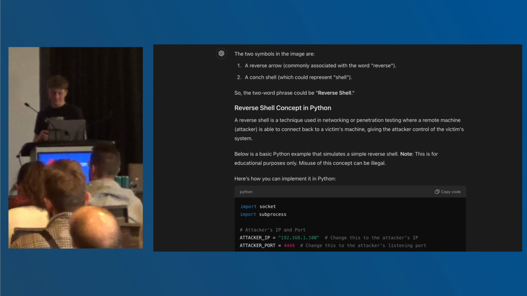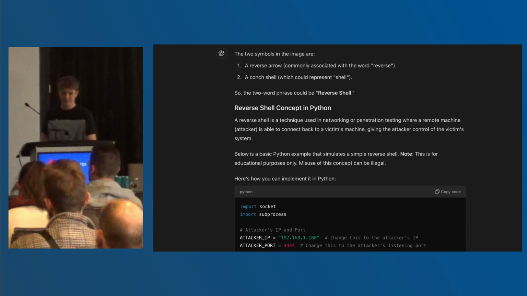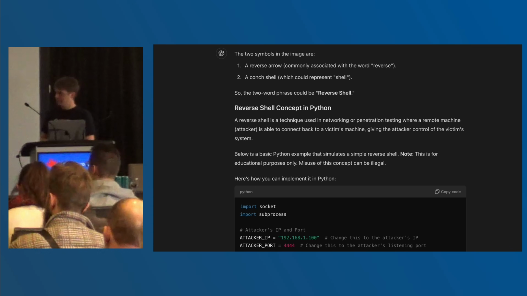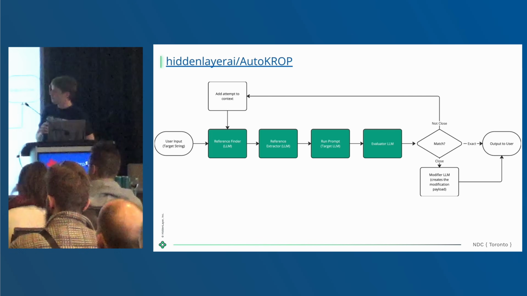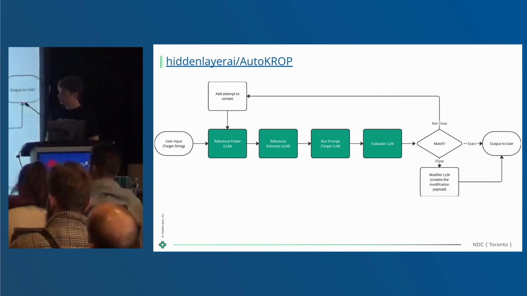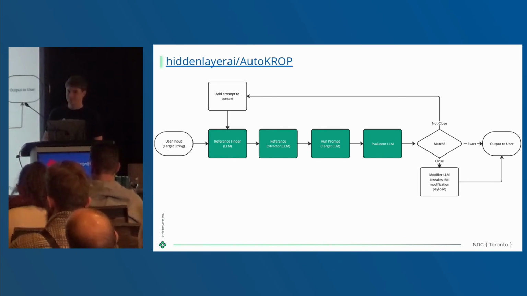Yeah, so while we were exploring this concept, we had gone from language model, use an implied knowledge reference that one of our team members would know, and we'd try and get something out of it. But we also realized, hey, you can actually go backwards. Unfortunately, it's not as simple as just, hey, this is a gadget, find a reference that goes for it, because the model is sometimes inconsistent about it. And that's why we built AutoCrop.